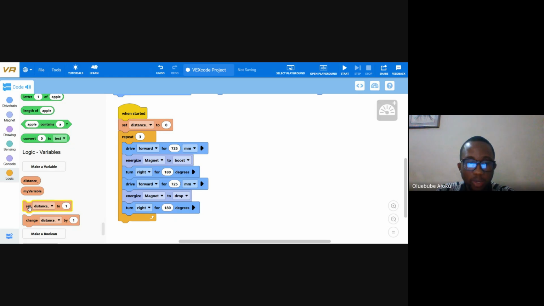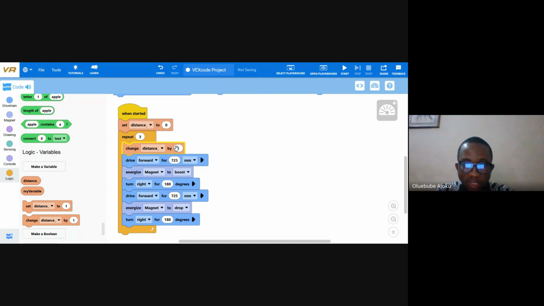Okay, now instead of set distance, I can put change distance, right? I can put change distance by something. So I put change distance right here. Then here I want to type in 400. All right, are we there? So basically, distance is initially 0. In the next step,